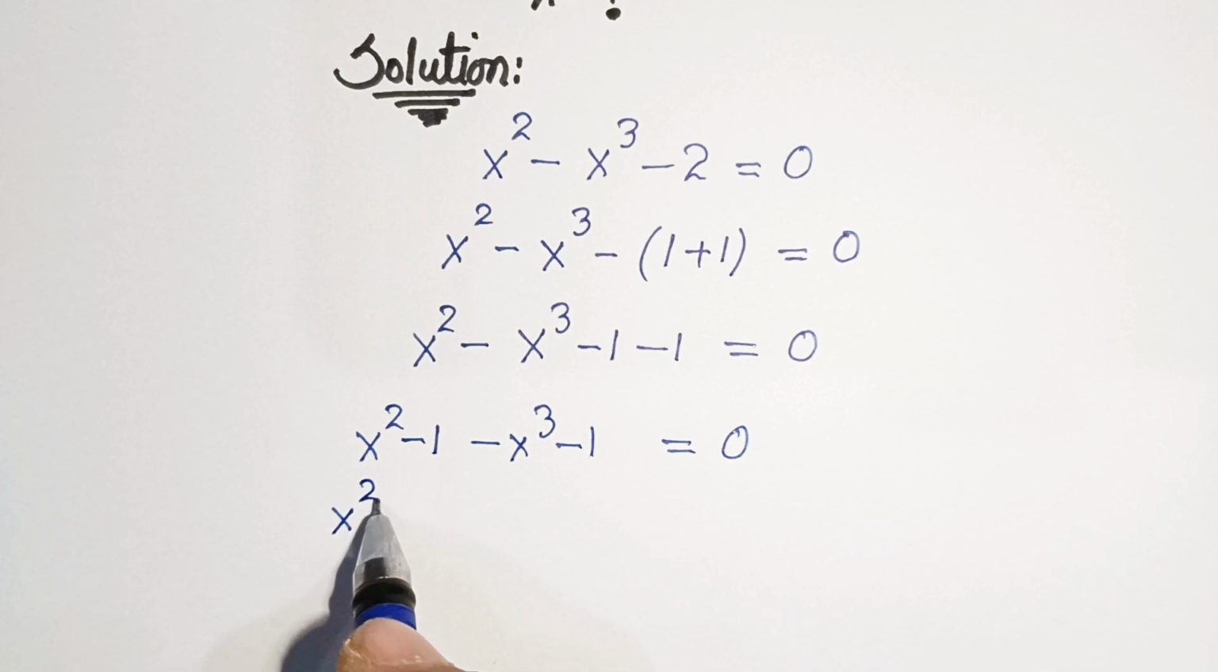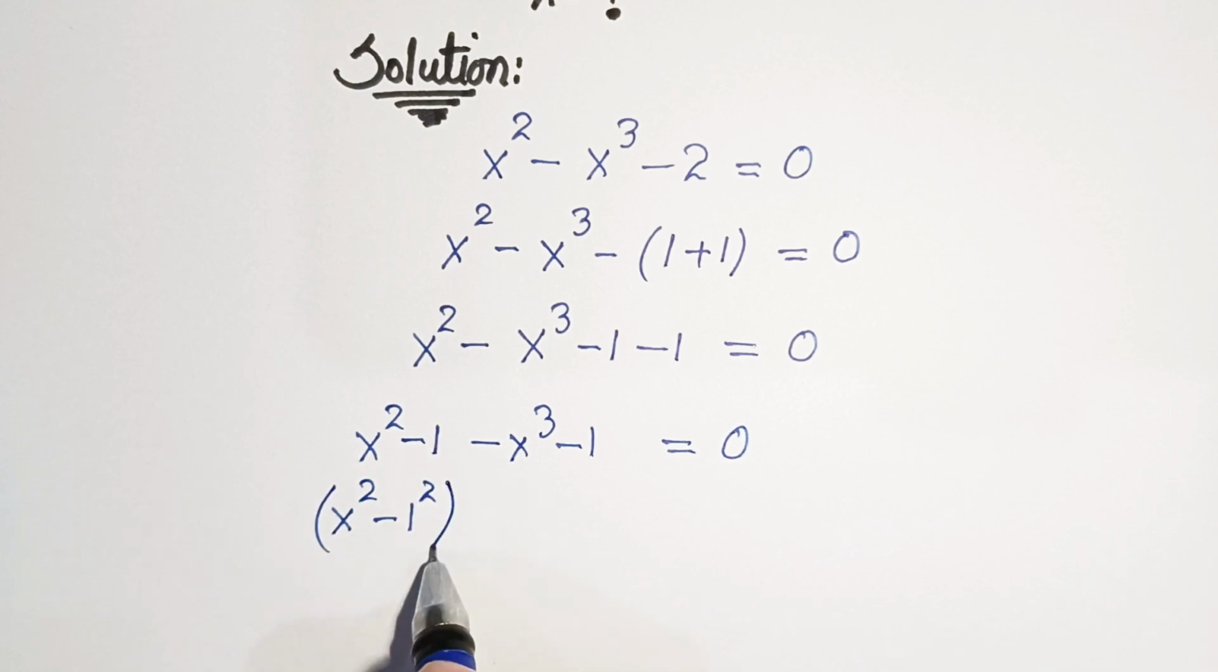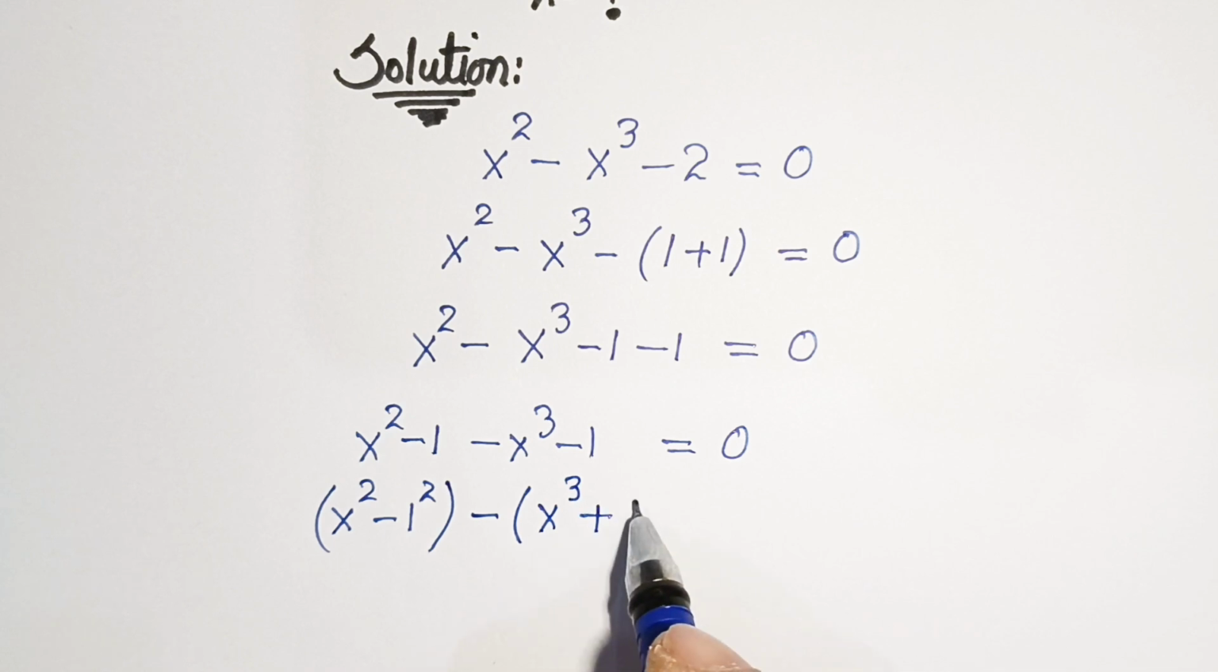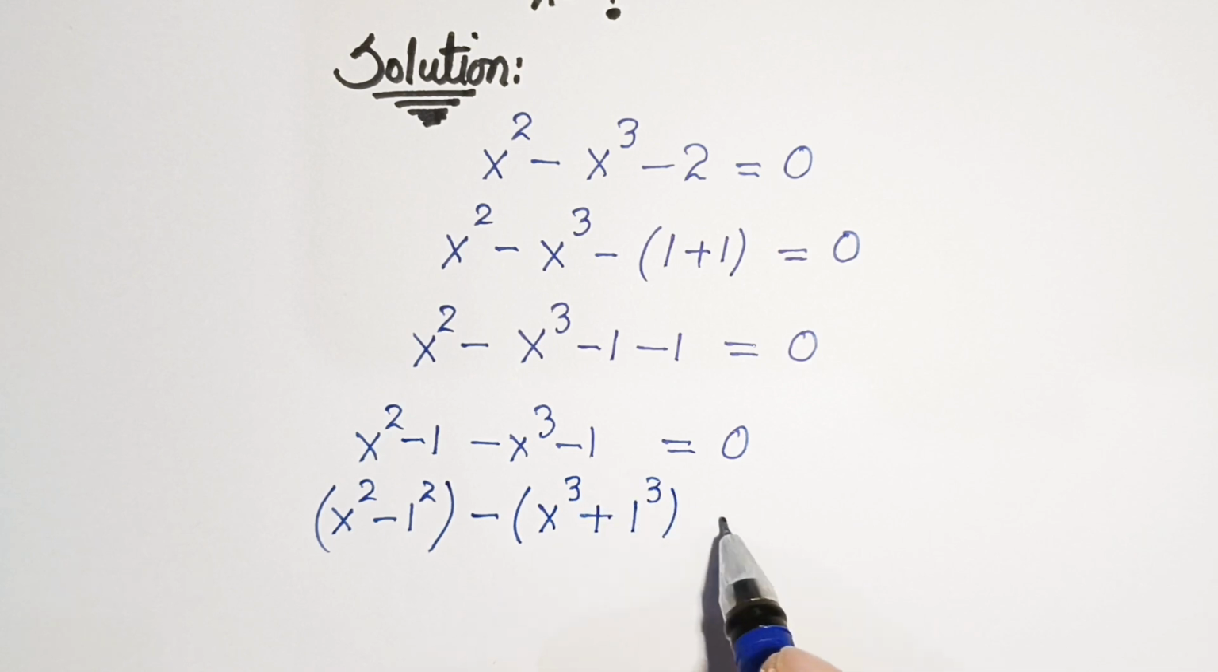Now this x squared minus 1 squared, 1 squared is also equal to 1. So it is our first pair. And here if we take minus common, we get inside bracket x cubed plus 1, and 1 is 1 cubed, is equal to 0. Now